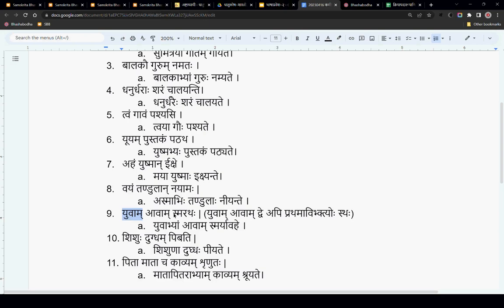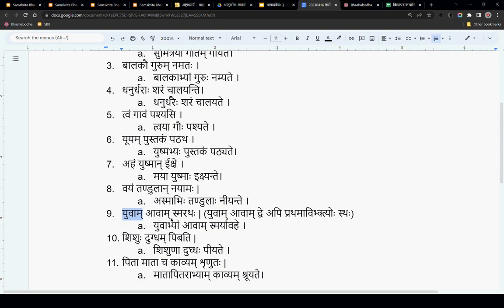Kriyapada smarataha iti madhyama purusha asti iti karanat yuvam iti padam kartrupadam bhavet. Kartrupadam prathama vibhakti bhavati. Yuvam iti kartrupadam chet, avam iti padam karma padam bhavet. Karma padam chet dvitiya vibhakti.